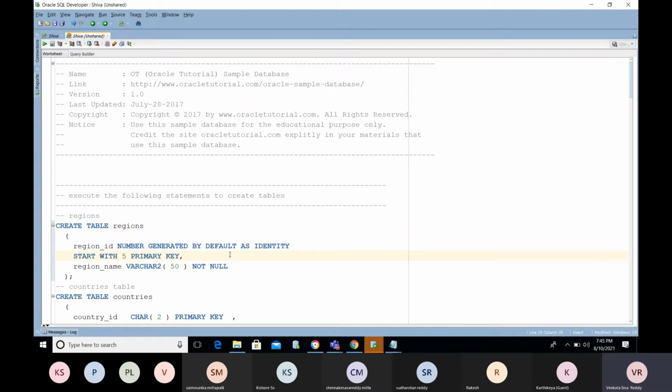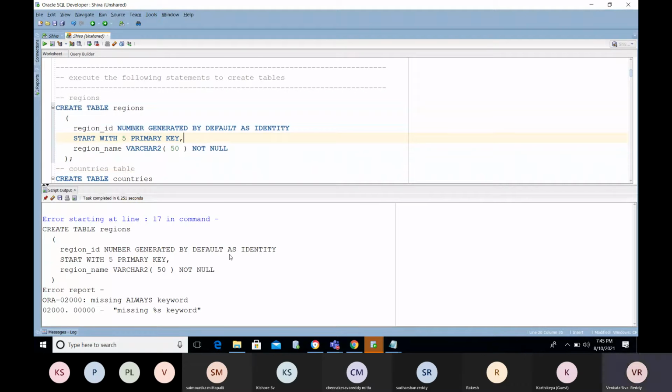In the regions table, a region means, you know, south region, west region and all those things. We have four regions, so regions is like that. Missing value, okay, what error am I getting here?